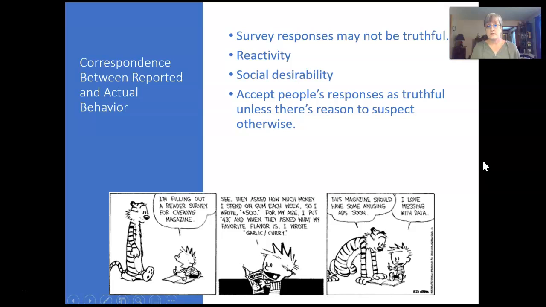Sometimes, knowing that you have the possibility that people won't be truthful, knowing that there's a possibility of reactivity and social desirability effects, you're faced with kind of a dilemma as a questionnaire researcher. Your goal is kind of to accept people's responses at face value unless you have a good reason to think